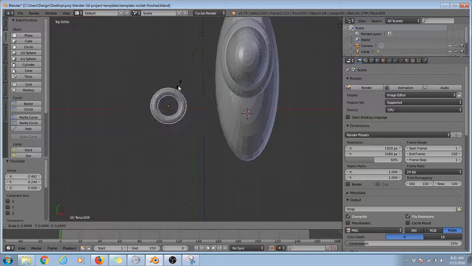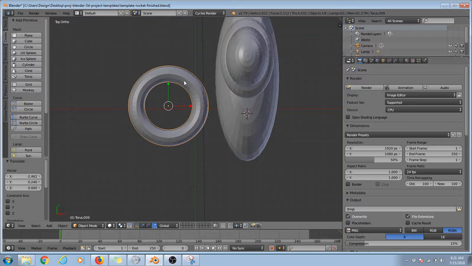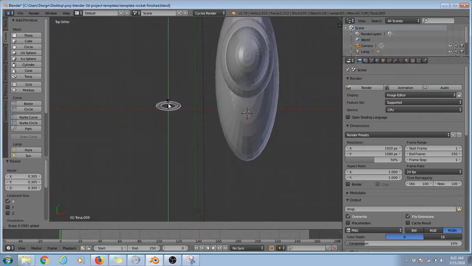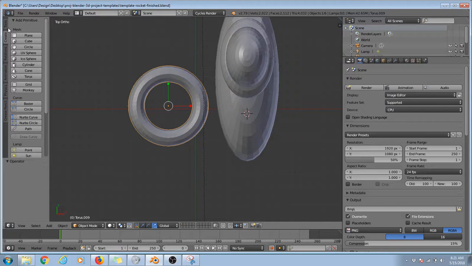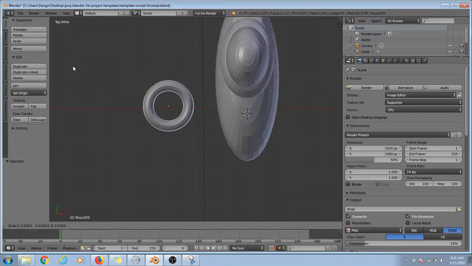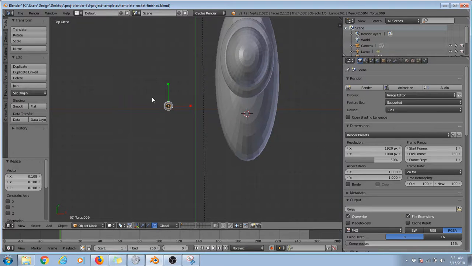If you notice, my scale right now doesn't have those little squares. The way you can achieve that, instead of squishing things and trying to get it to look the same as it did, which could be difficult, you can go to the Tools menu, up in the top left, and choose the Scale option. This does a uniform scale. Uniform meaning that it stays even. The aspect ratio, the dimensions, they don't shift. And now I'm going to place this